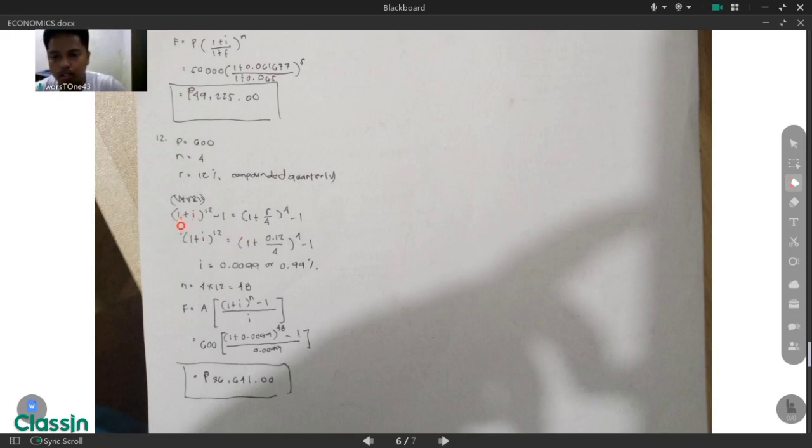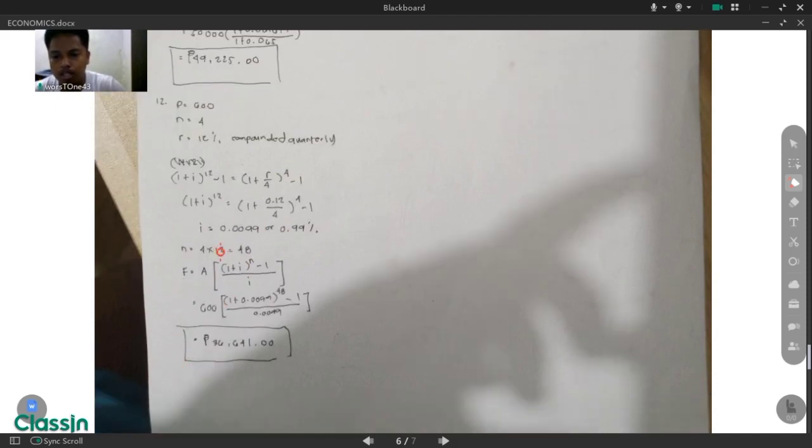Okay, so the first compounding: (1 + i)^12 - 1 = (1 + r/4)^4 - 1. So 1 + i to the power of 12 equals 1 + 0.12/4. Since our given nominal rate r is 12%, or 0.12, minus 1, our i here equals 0.0099, or 0.99%. So at n equals 4 times 12, since the mode of compounding is 4 and for 12 years,